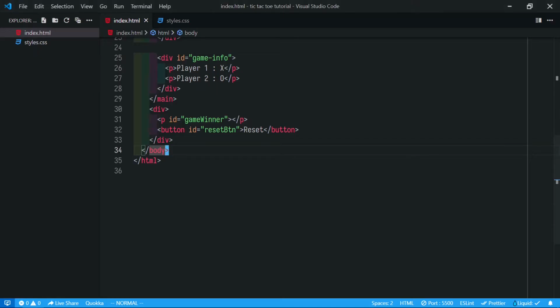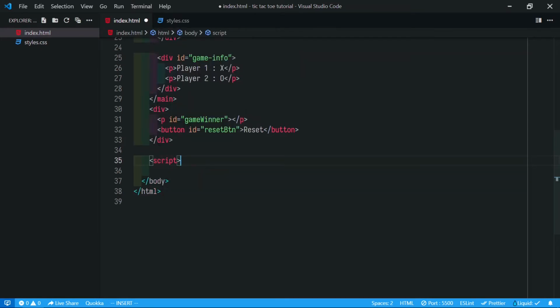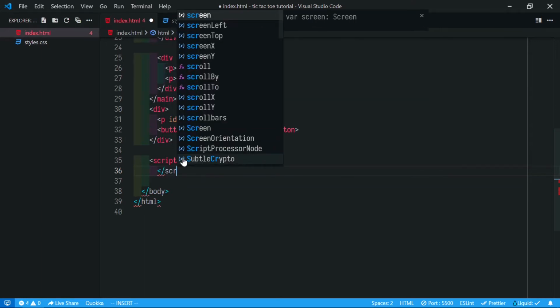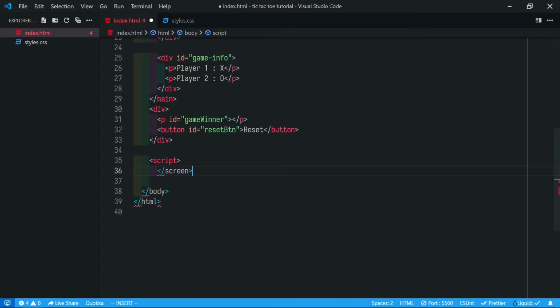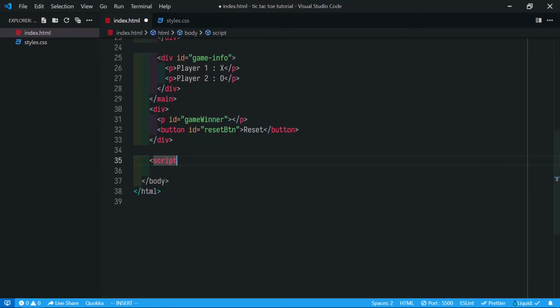Now only the logic is left. So at the end of the body we type script. Here we will write the script.